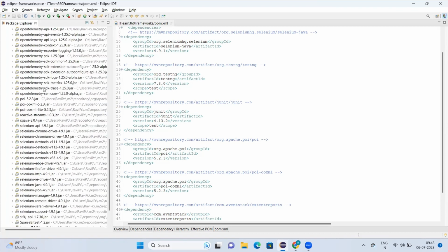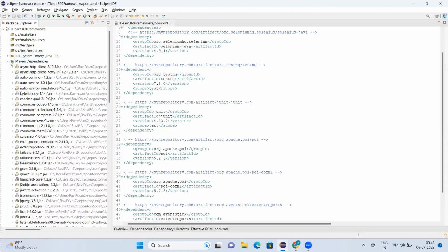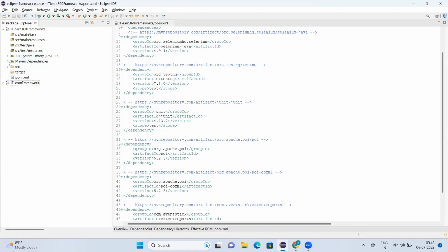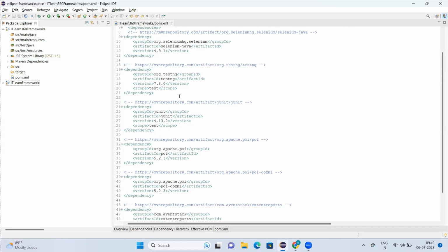Usually when you do this Selenium setup manually, you add these jar files one by one. Here, these jar files are added just through dependencies. That's the use of using this Maven project structure. And in future, if you are trying to use any new dependencies or you want to use any new tools in your project, just search for the dependencies from Maven repository and copy the dependencies from there and put it